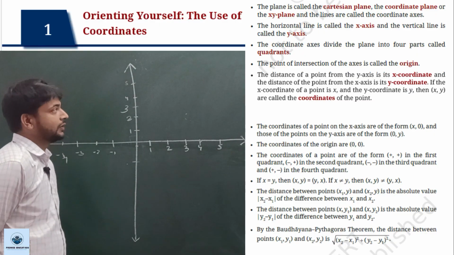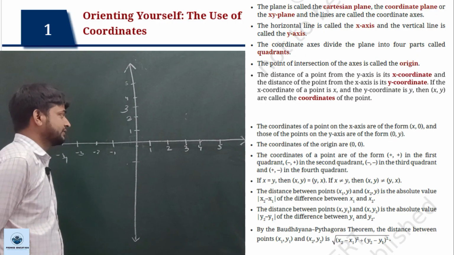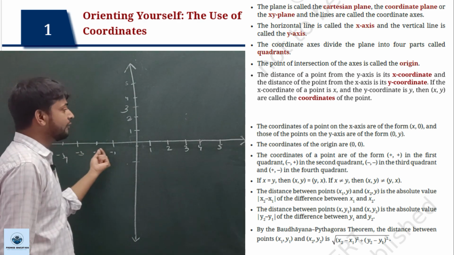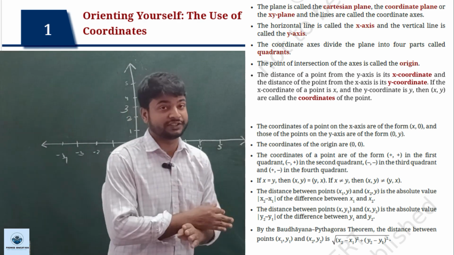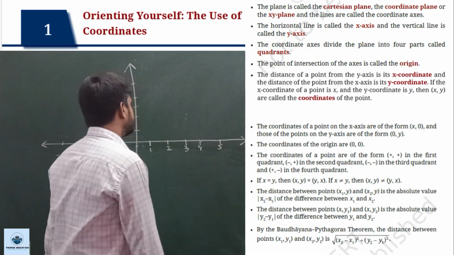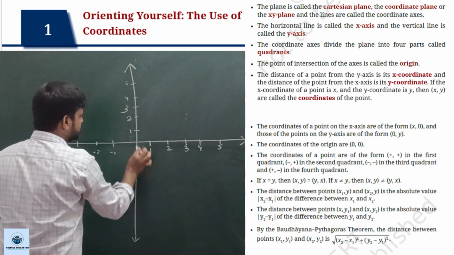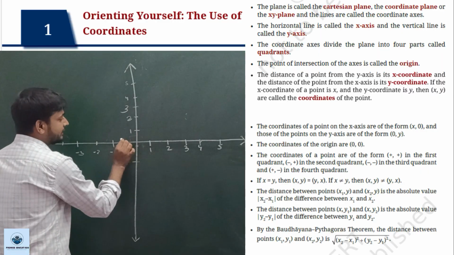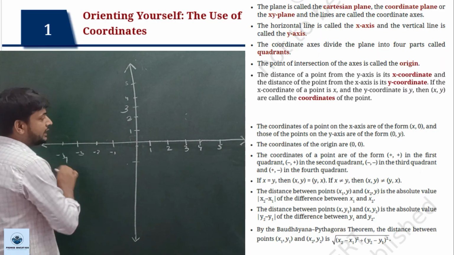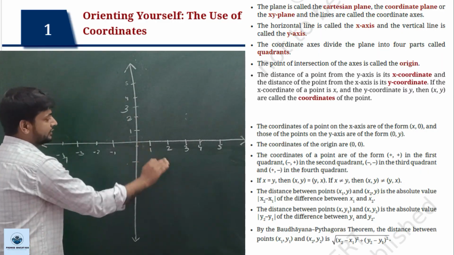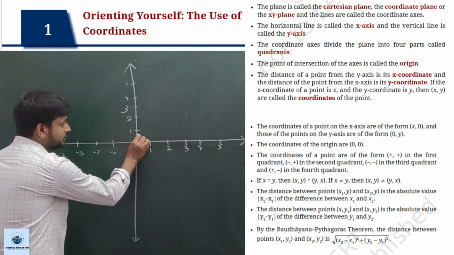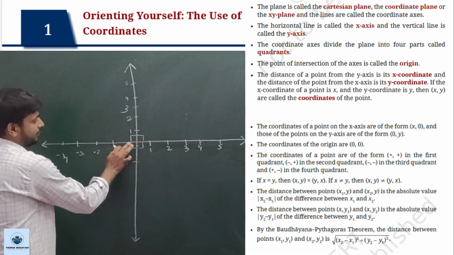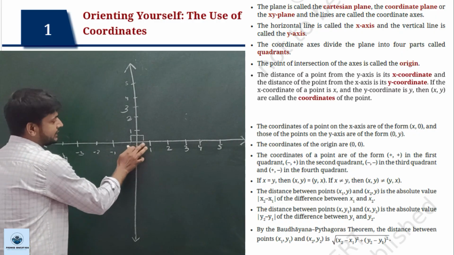Now, see, what happens is when two lines intersect, bisect each other, and they are mutually perpendicular to each other. When these two lines, line one and line two, are intersecting and bisecting each other, and they are perpendicular to each other, all four angles are 90 degrees. Then